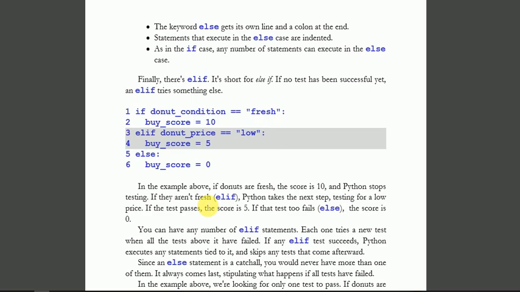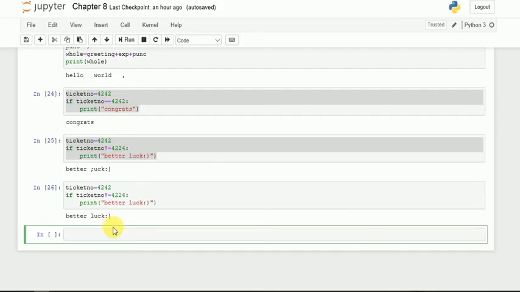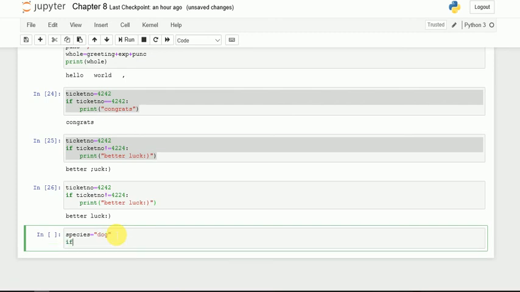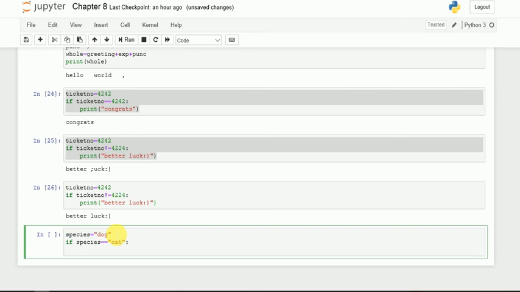So let's watch. Okay, friends, species, I'm going to copy the same for you people. Species equals dog. If species equals cat, print it's cat.